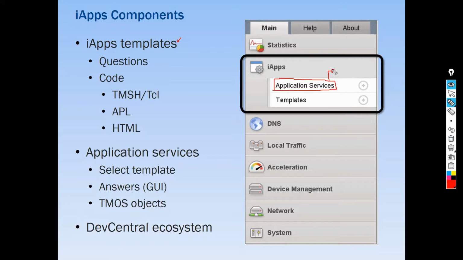It will ask you what template must be used. Now you will select one template based on the application you are deploying. Once you select the template, you will immediately see the questions. As per your requirement, you will answer those questions.